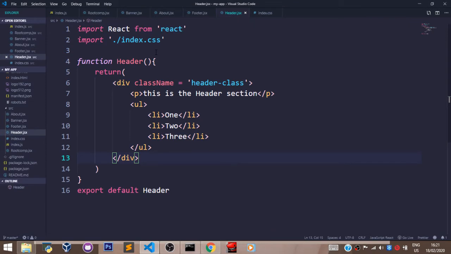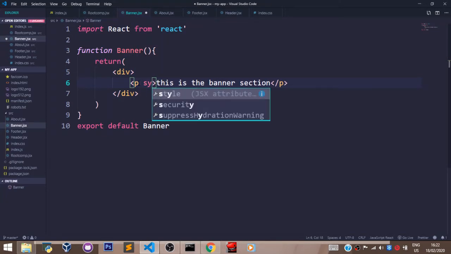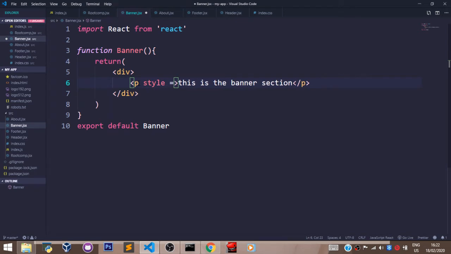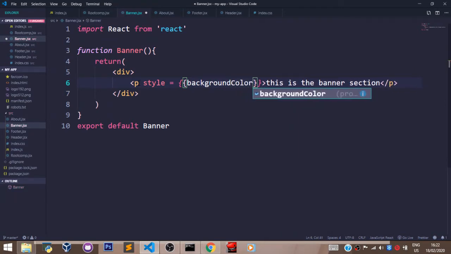Now let us style our banner component using the inline CSS method. Let's head over to the banner component. We are going to use two approaches for this method. The first is coming here in our p tag and saying style is equal to double curly brackets, backgroundColor, set that to a string of red,